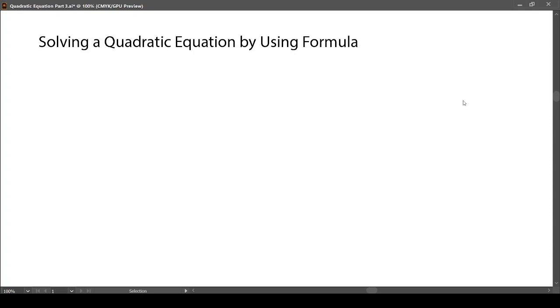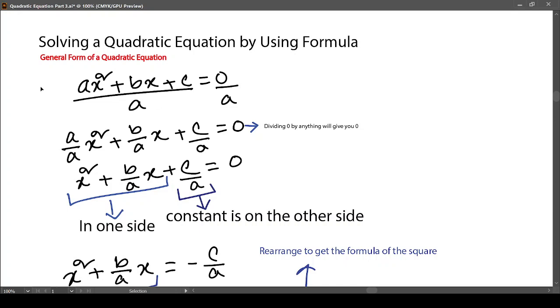So let's see the general form of a quadratic equation. This is a very normal form of quadratic equation, which is ax square plus bx plus c. So a is the coefficient of x square, b is the coefficient of x, and c is called a constant. The first step now to get the formula to solve this quadratic equation, we actually need